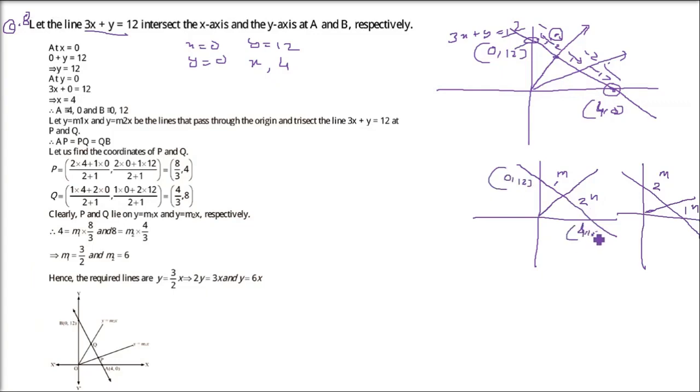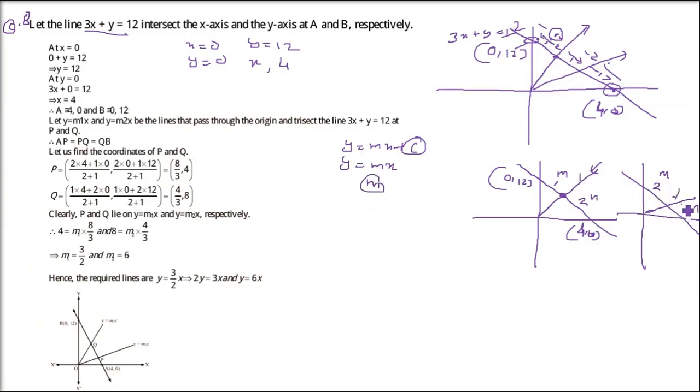So one line we are going to find out. The second line, I hope you will be able to do it by yourself. 0, 12, 4, 0 is known. m and n are known. So we can get this point. So for a line passing through y equals mx plus c, since there is no intercept, it is passing through the origin. So there will be no c. It will be only y equals mx. And m is the only thing which we are interested in.